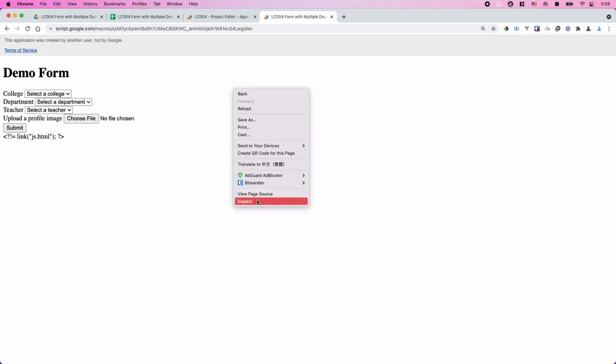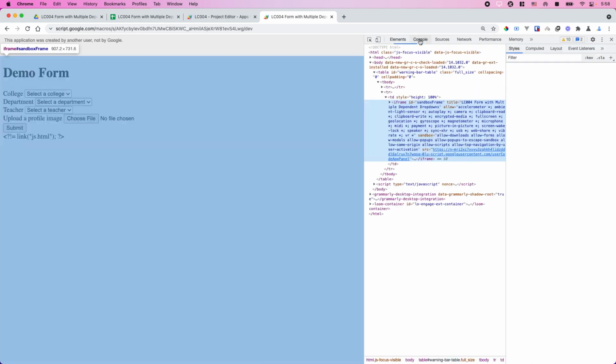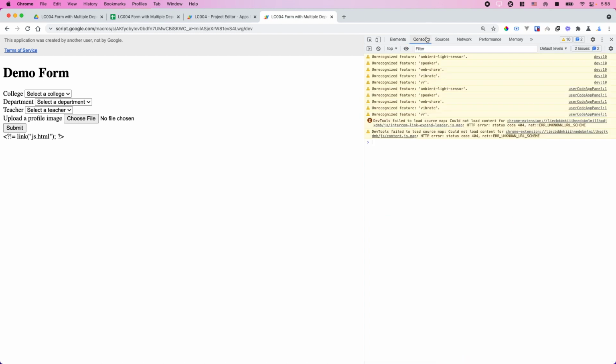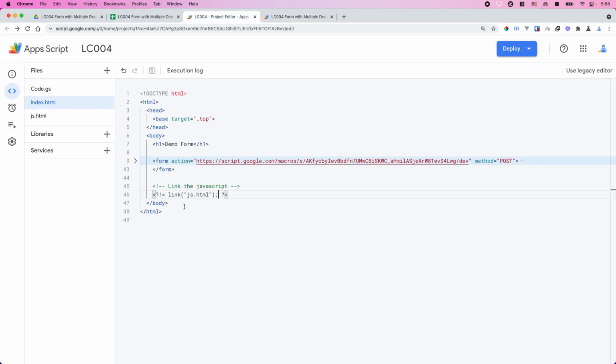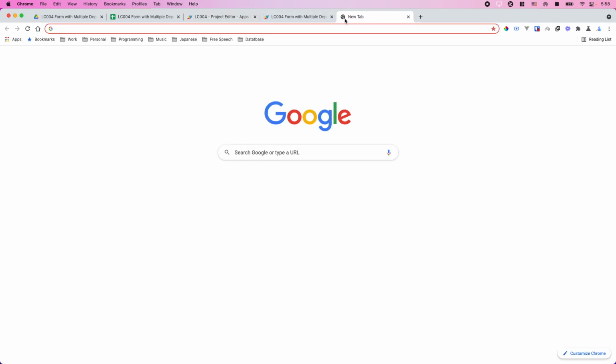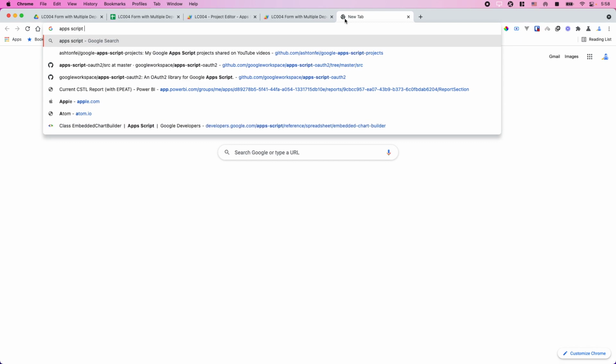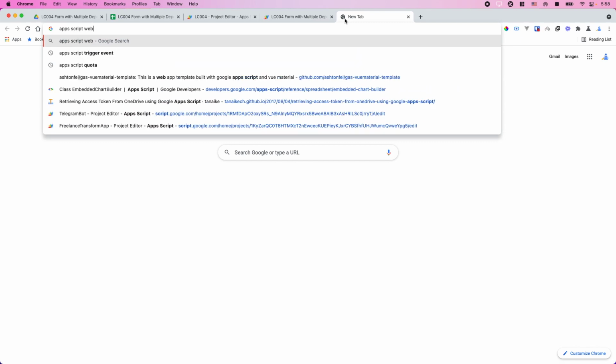and let's open the developer tool, go to console. Okay, something wrong here. I think I did something wrong. I'm not sure if this is correct. Let's check. So if you do a Google search for Apps Script web app best practice,